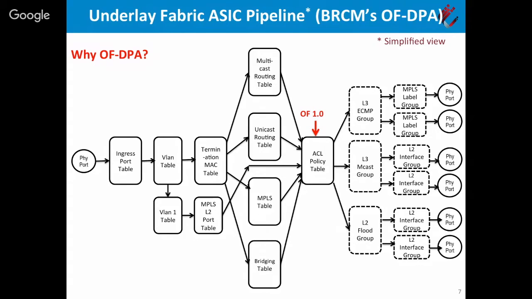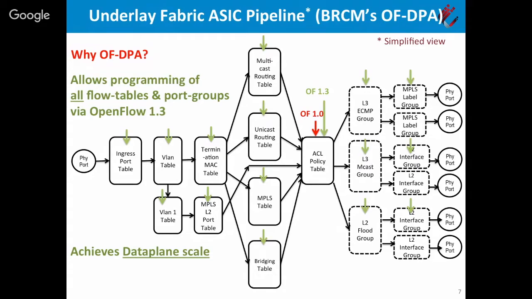So we use OpenFlow 1.3 because it gives us that ability to control the entire forwarding table in modern ASICs, okay? So that lets us achieve data plane scale. And we use OFDPA because OFDPA supports OpenFlow 1.3 and gives us access to all of these forwarding tables and port groups. If you go to a vendor today and ask them about their OpenFlow 1.3 support, they'll all say,